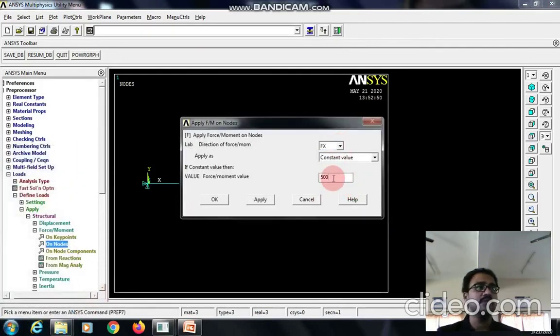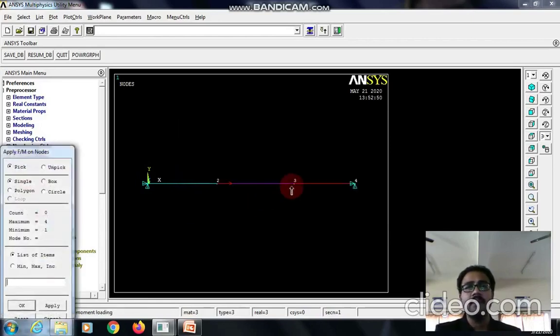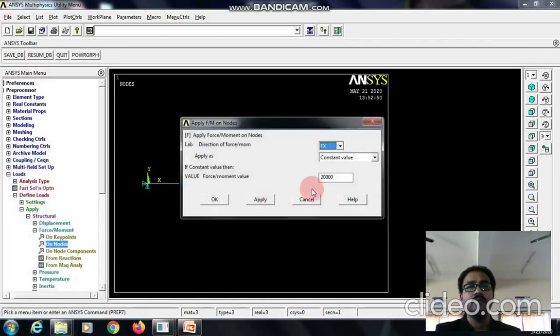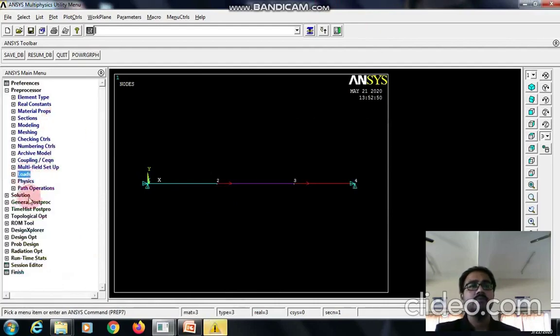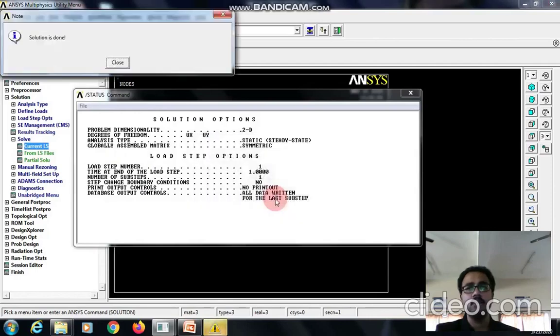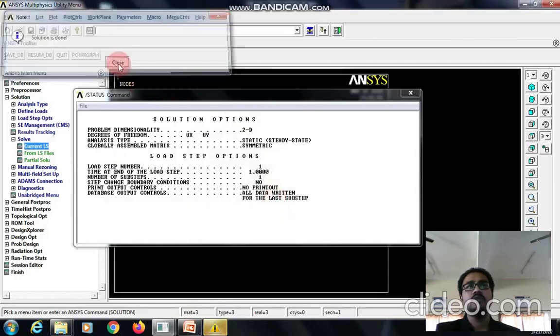The value is 20 kilonewton, so 20 into 10 power 3, apply. Similarly at node 3, 10 kilonewton, so 10 in the positive direction. So we can move to the solution, solve current load step. OK, so we got a note.